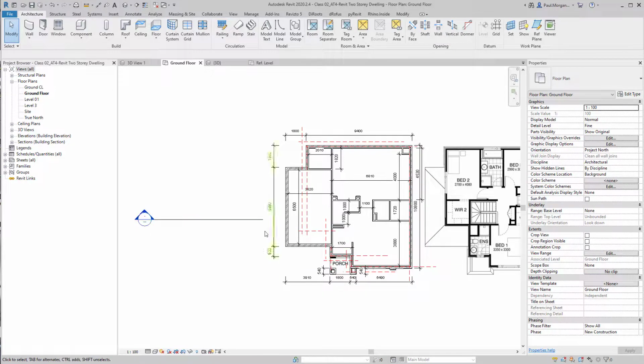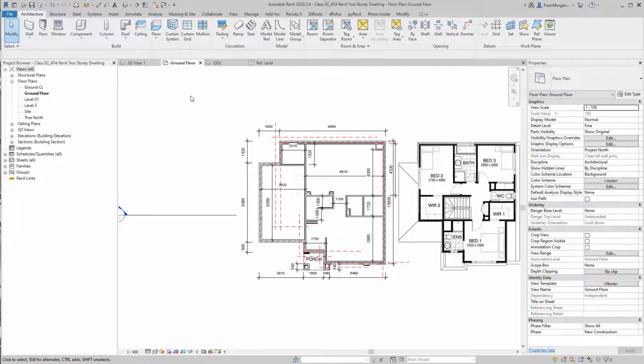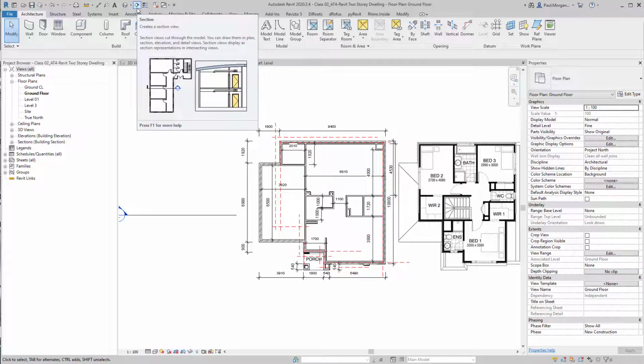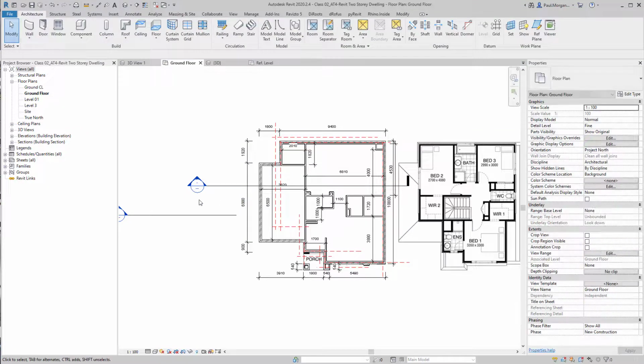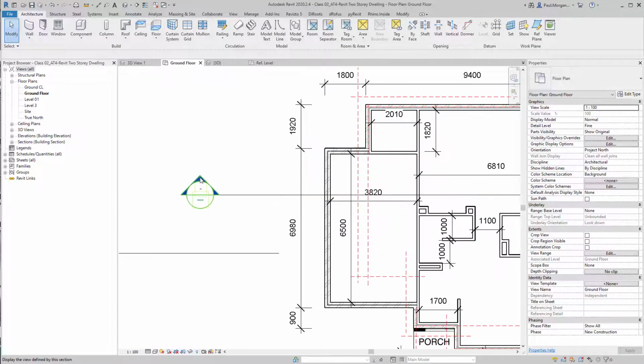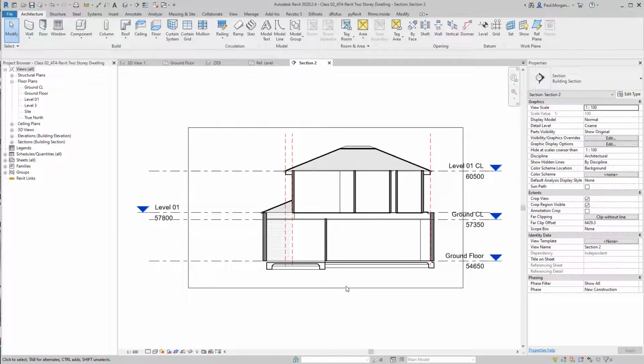So you should have a section going through your building. And by the way, if you don't, it's very easy to do. Just quickly, up at the very highest ribbon of Revit, you've got the little section tool here. Just click and draw across once. It doesn't really matter where on your drawing, and then you just double click on the section head. Very important, you click on the blue area, double click on that, and that opens up a section of your